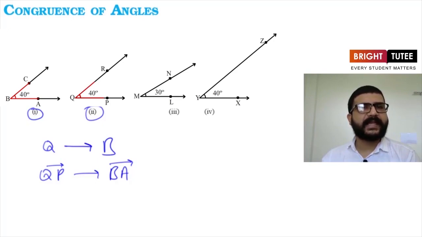So when you place the second angle, which is PQR, over the angle ABC, vertex Q will be over vertex B, ray QP will be over ray BA and ray QR will have the same direction as ray BC. So notice one thing here: the lengths of these rays are not important here. The only thing which is important is their direction, because we are checking whether these two angles are congruent or not. So in this case, for the first and second angle, you will get that the direction of